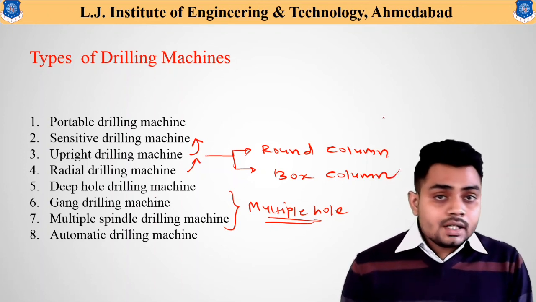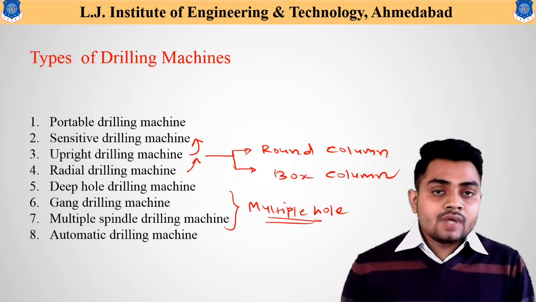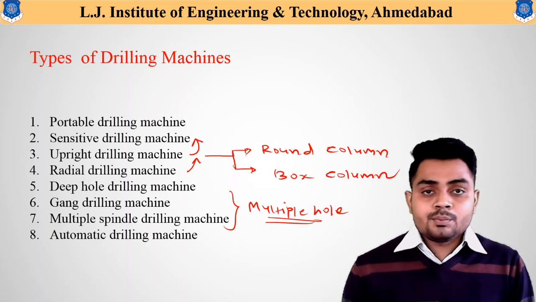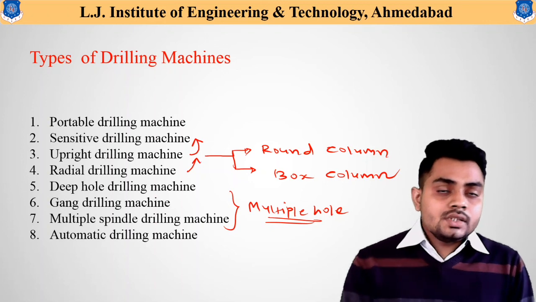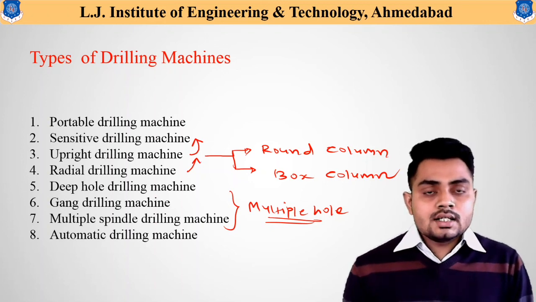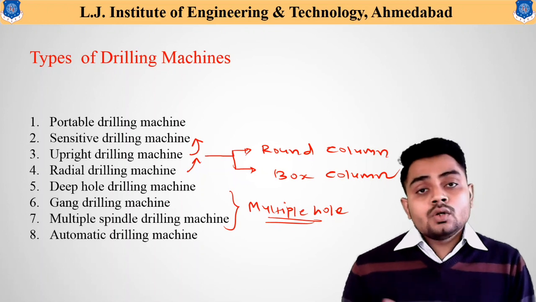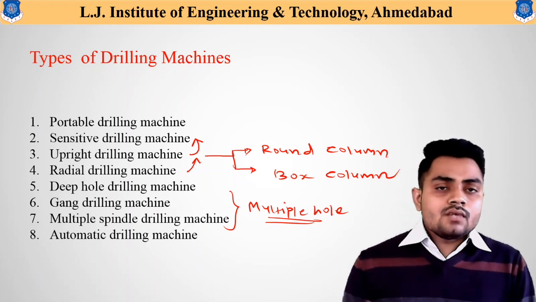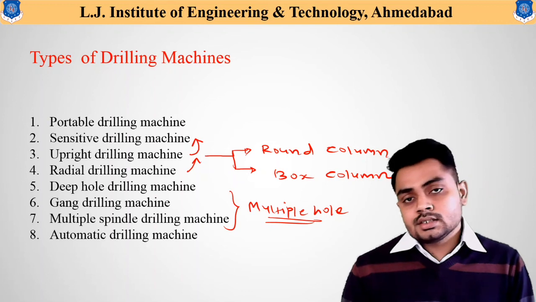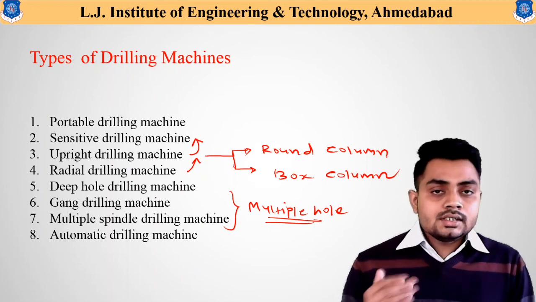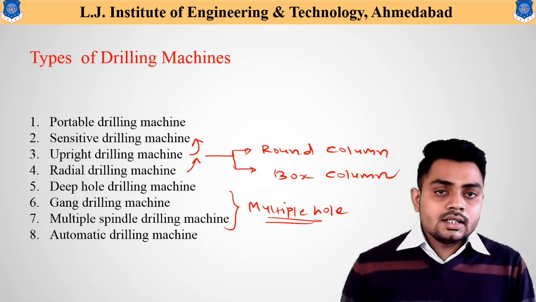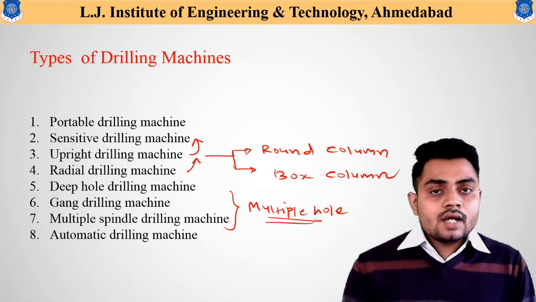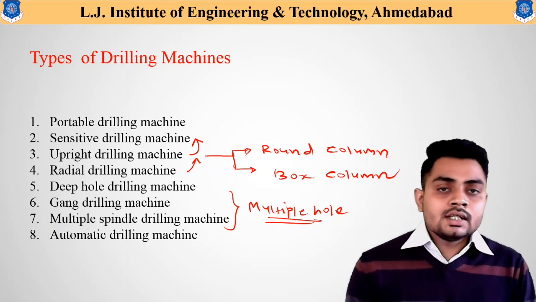So in this particular lecture, we have discussed the working principle of the drilling machine, and what the primary and secondary motions in the drilling machine are. Second, we have discussed the classification of drills, that is, how one can classify drills according to their types of shank and according to the material used. So there are varieties of classification that we have discussed. And at last we have listed some of the important types of drilling machines. Now we will discuss each and every drilling machine in detail in our further lectures.